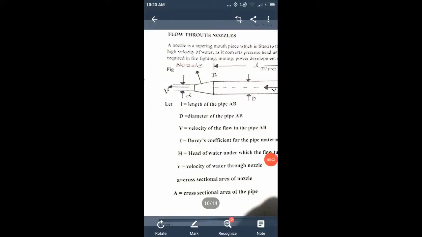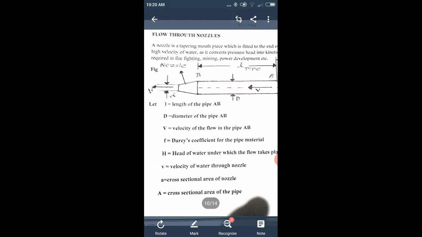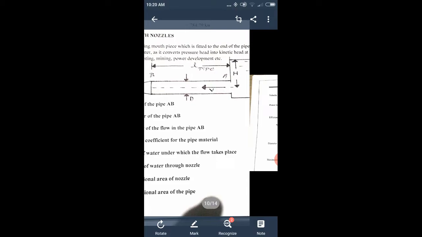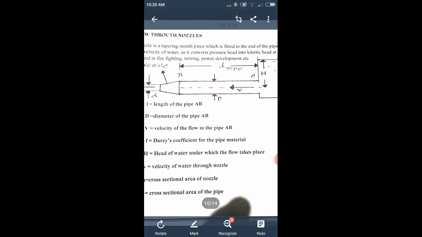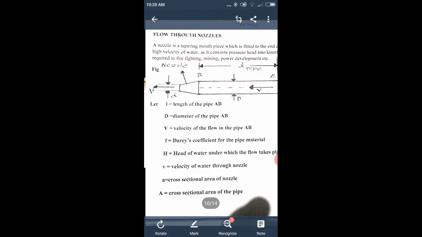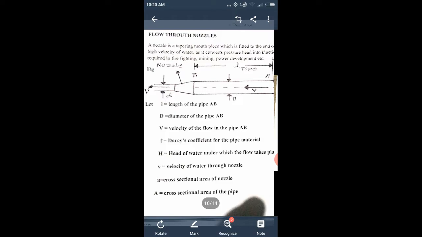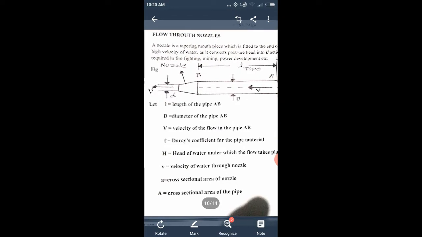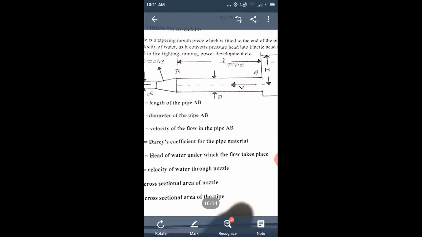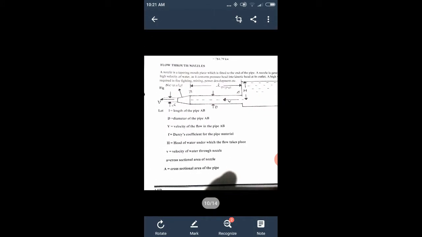Hello, welcome to the last part of flow through pipes, that is, flow through nozzles. A nozzle is a tapering mouthpiece fitted at the end of a pipe where more velocity of water is required, as it converts pressure energy into kinetic energy, for firefighting, mining, power development, etc. Here you have the tank, with H the head over the pipe,